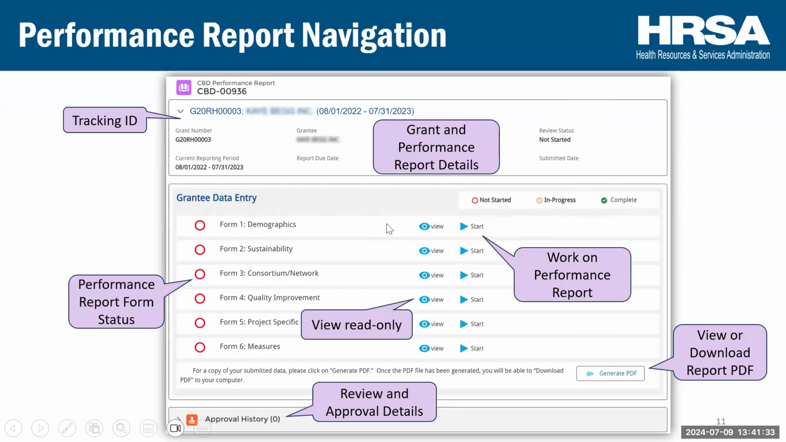If you want to view a read-only version of the form, you can click view here. Or if you would like to start editing your report, you can click start, or edit if you've already started and the form is in progress status. Down at the bottom right of the page, you can click generate PDF to view a PDF version of the